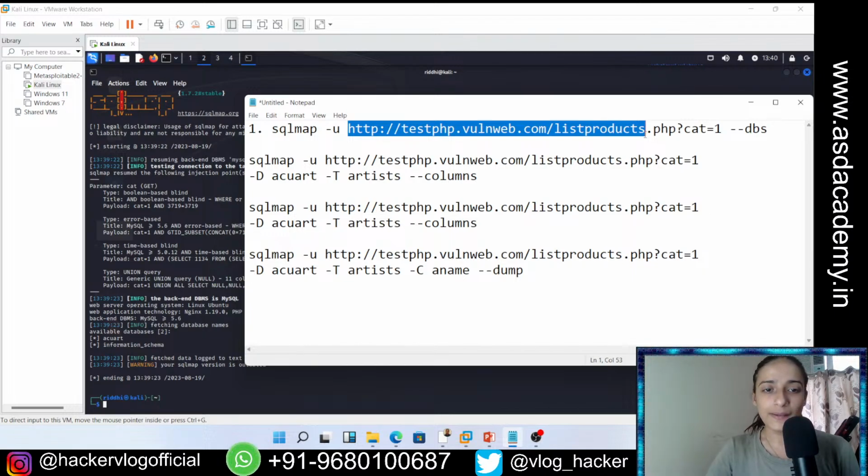SQLMAP. We can take any kind of dummy website, but that would be very difficult to understand, because SQLMAP always takes some parameters as input, and if we do not have them, it will not work accordingly, right? And we will get puzzled about how to work on it. So here I have written sqlmap -u and the link